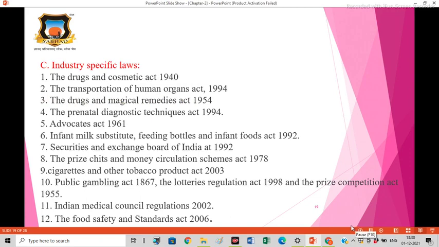Now see the laws which are industry specific. The first is the Drugs and Cosmetics Act 1940, the Transplantation of Human Organs Act 1994, the Drugs and Magic Remedies Act 1954, the Prenatal Diagnostic Techniques Act 1994, the Advocates Act 1961, the Infant Milk Substitutes, Feeding Bottles and Infant Foods Act 1992, then the Securities and Exchange Board of India Act 1992,